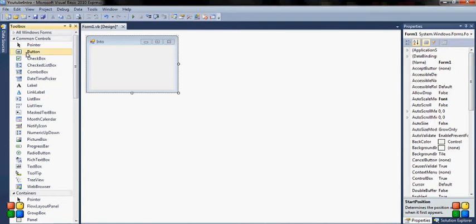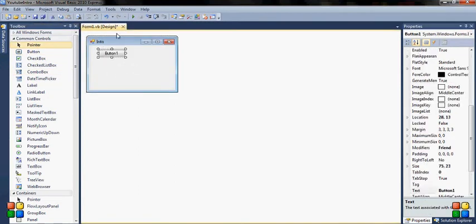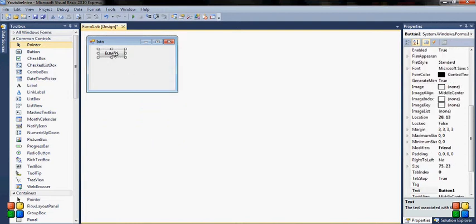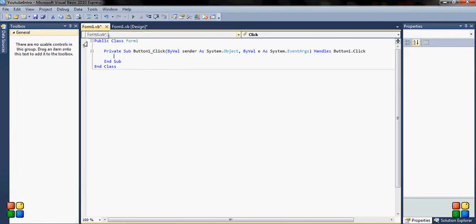Okay, so if I put, for example, a button here, you can't see the code yet, and there are two options. You can right click on it and view code. You can do any other things like properties, which you have here. You can cut, copy, select from, and stuff like this. But you can also double click on it and you will see the code. The best thing about this is that Visual Basic will create the function for us, so we don't need to write this every time. We don't need to write this at all. We just need to write the code for it. So this one will be created for each tool we use,